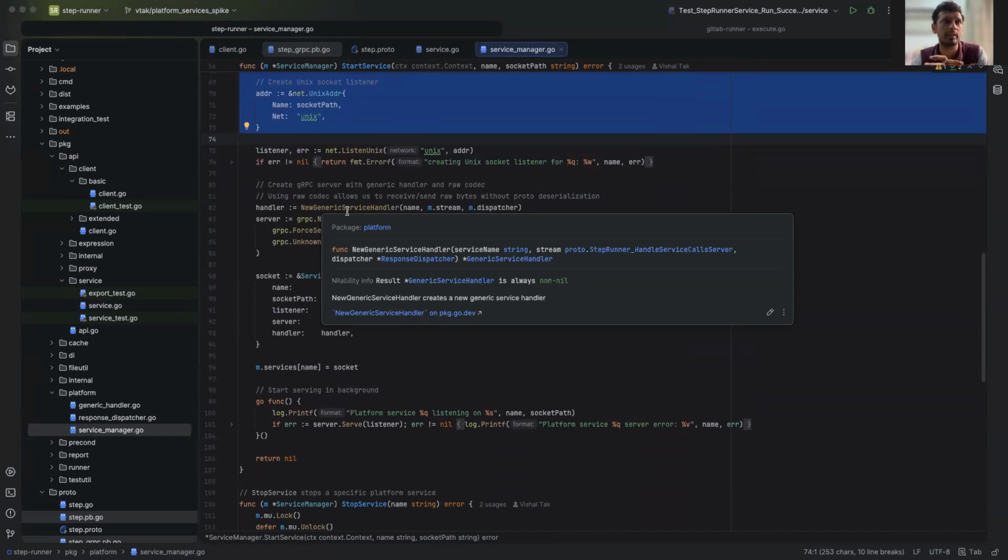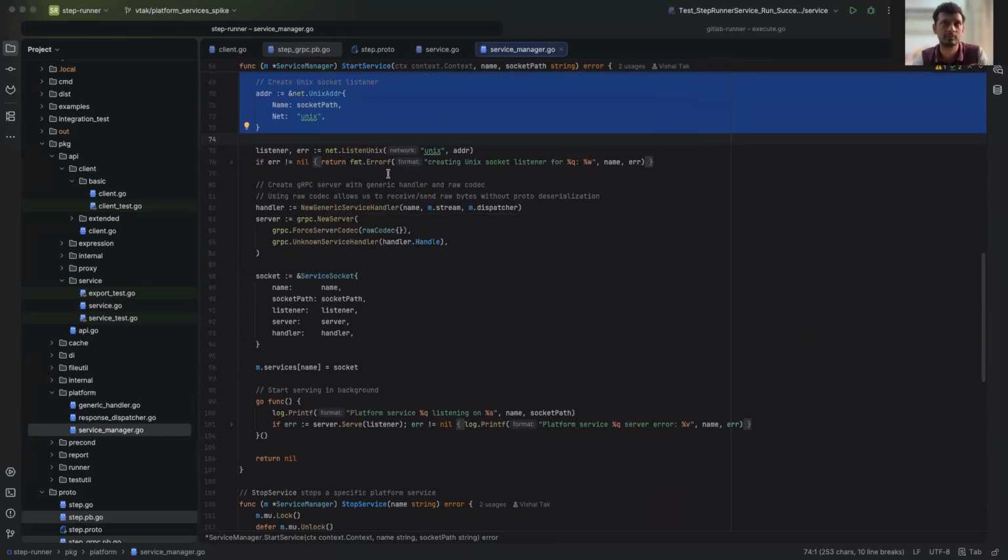We just blindly accept any gRPC traffic on this Unix socket and forward it to GitLab Runner. And the benefit of this is the step runner need not know about any of the platform services. As far as it is concerned,